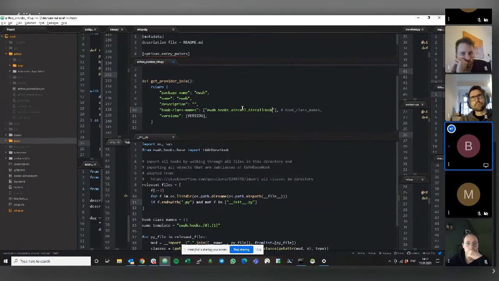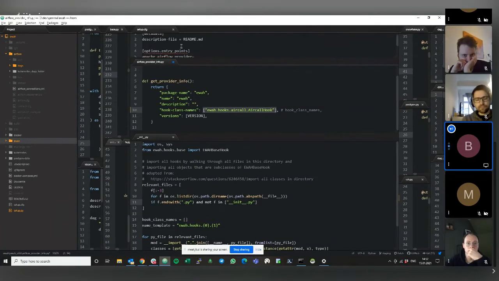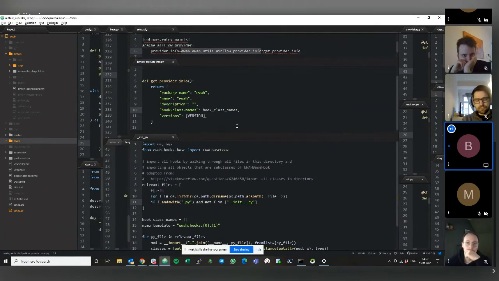Something like that. And then it will just import these hooks and can then be used by the Airflow installation. All you need to do is have Airflow installed and have this package separately installed in the same environment. You don't need to do anything else except having this setup config in your own package and having this callable. As I said, in the link in the slides, we'll also provide you with a how-to guide of how